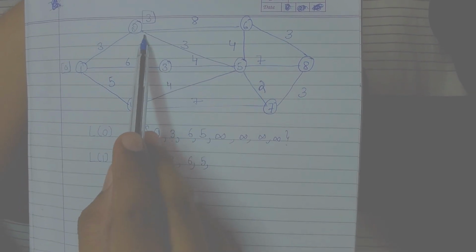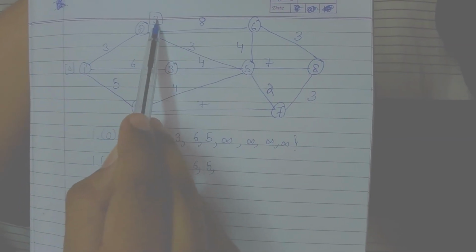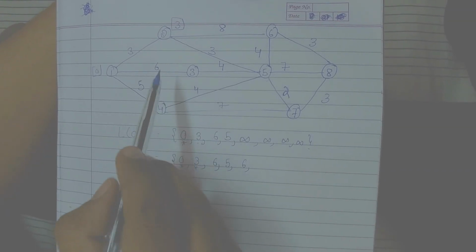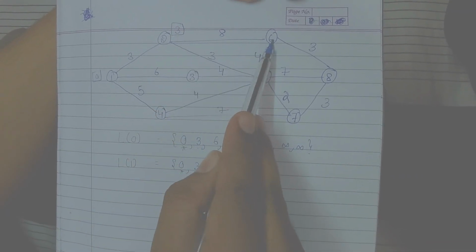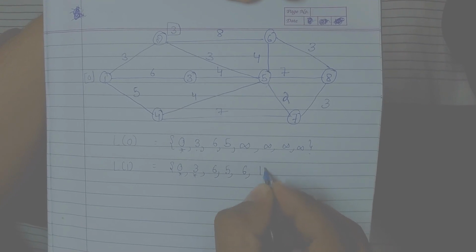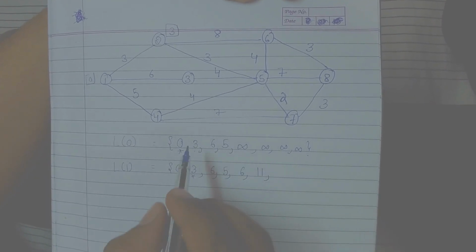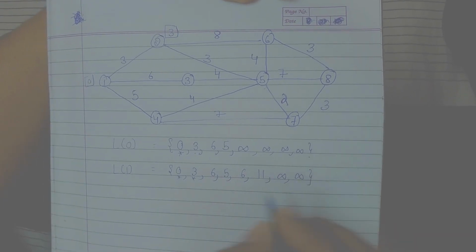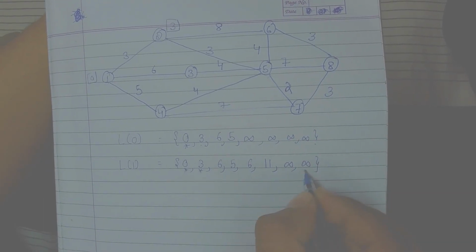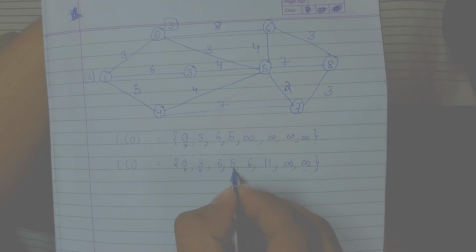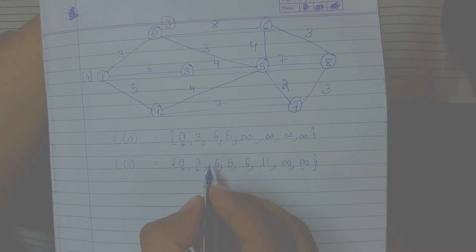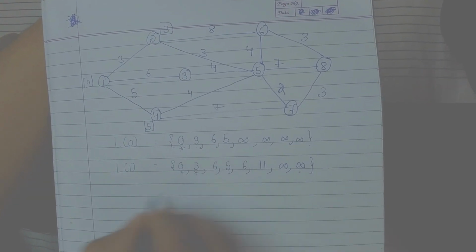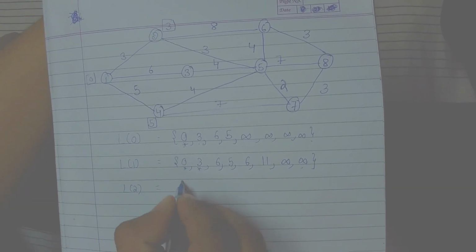Then the distance between 2 and 5 is 3 plus 3, that is 6, and similarly 3 plus 8 for the 6th, that is 11, and 7 and 8 do not have any direct distance, that's why we put infinity. In the same way, the smallest among them is now 5, that is the distance of the 4th node, that's why we are going to assign 5 to the 4th node. In the next step,